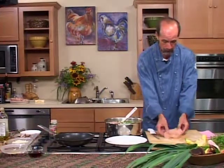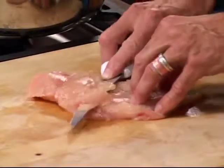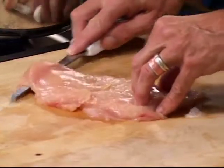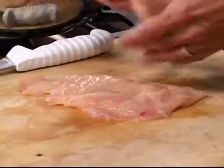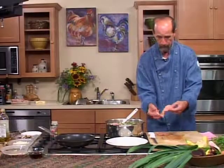And there are a couple of different ways you could do that. If you had a mallet, you could pound out the chicken and flatten it out. But I choose today just to fillet the chicken open and even it out with the knife. So now here we have equal